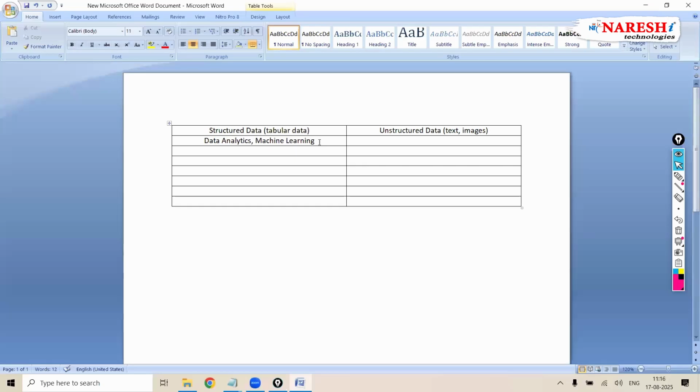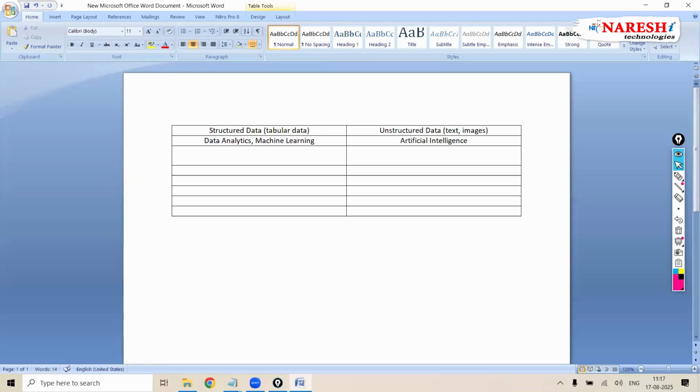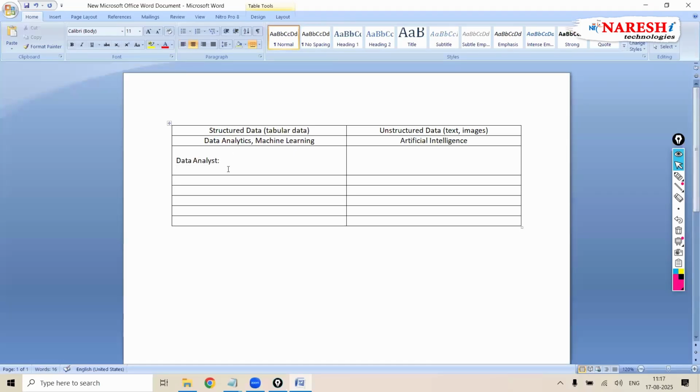Here the structured data is the table, where we are going to use data analytics and ML, and here we are going to use artificial intelligence. It is completely artificial intelligence. There is no more data analytics here, only AI. Now, starting with data analytics, if you want to be a data analyst, here you are going to learn things like